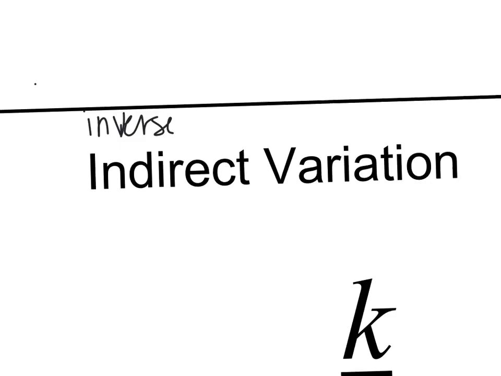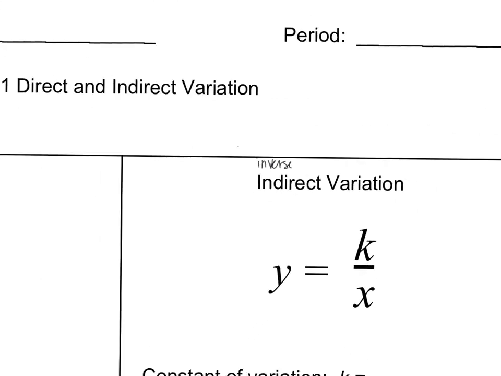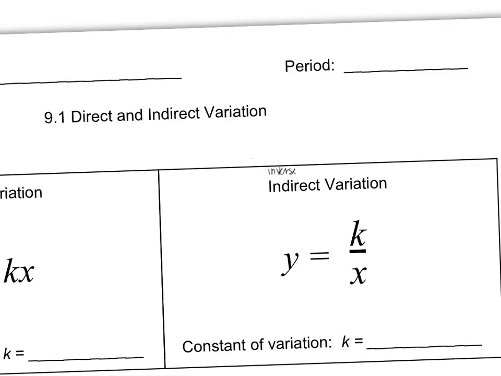Indirect or inverse variation, it can be written either way. Sometimes it says indirectly, sometimes it says inversely. But either one, it's the same thing. Direct variation you learned about in 8th grade or when you were in Algebra 1. And inverse variation, you probably talked about it a little bit in physics or in chemistry, one of the two. But it's not been anything that's been taught up to this point. I just wanted to review direct with you today, and then I'm teaching you inverse because it's a brand new